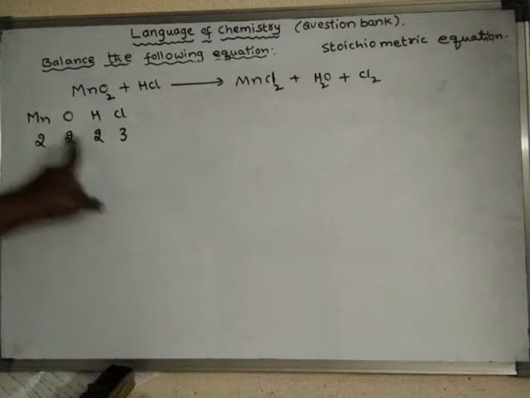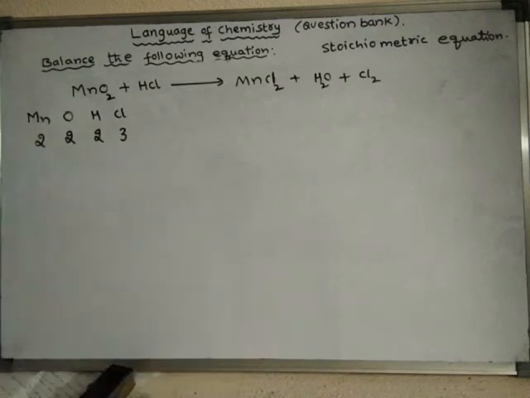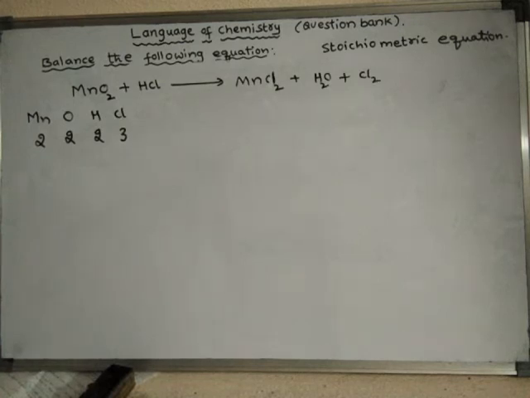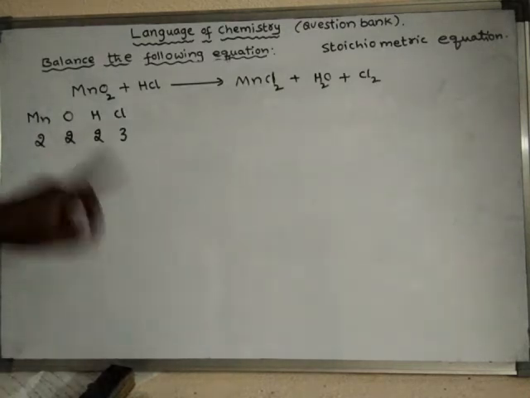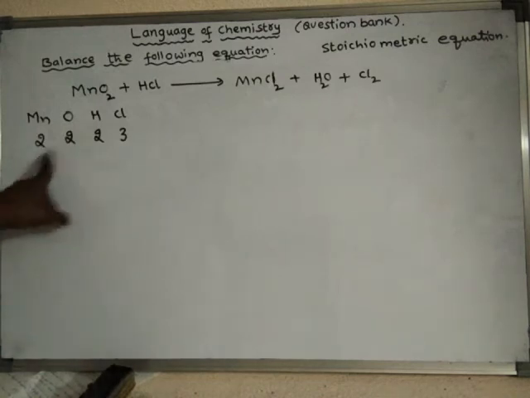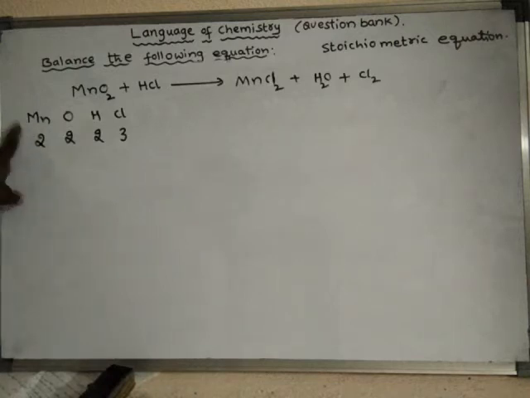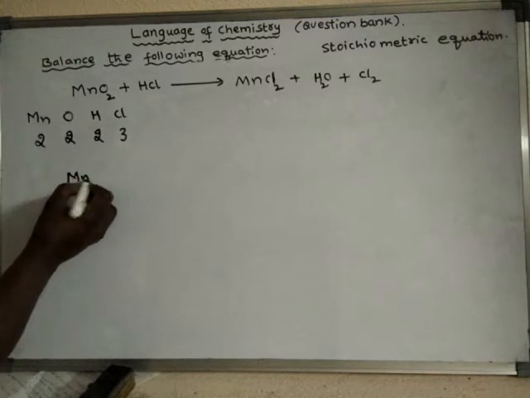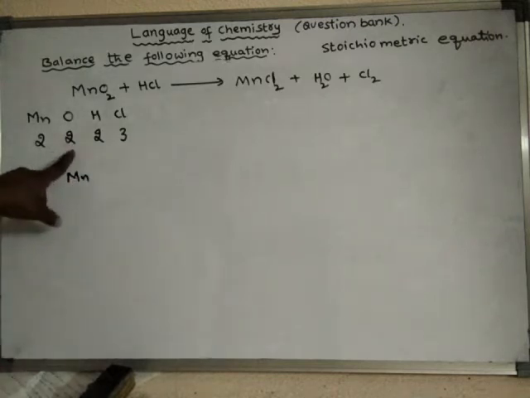After writing the frequency number of all the elements, now we have to arrange these elements according to increasing order of frequency number. So these 3 elements have the same frequency number 2. That means these 3 should be arranged first. Out of these 3, which one should be arranged first? We have to check whether any metallic element is present or not. When a metal is present, that should be given preference. Here manganese is the metal, but these 2 are non-metals. So I will arrange manganese first, and after that these 2 non-metals.